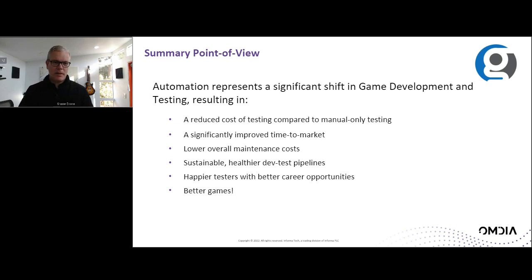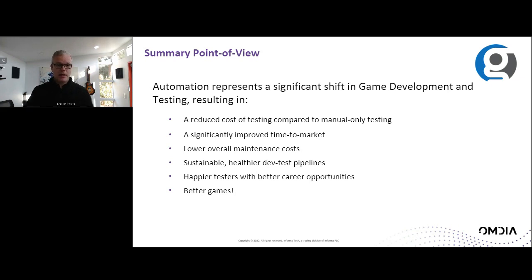And so automation, we believe, represents a pretty significant shift in game development and testing, which can help you to reduce costs compared to manual testing only, as we've shown in the in-context example. We've seen it significantly improve time to market by helping developers and studios release faster by validating the quality of their products sooner.